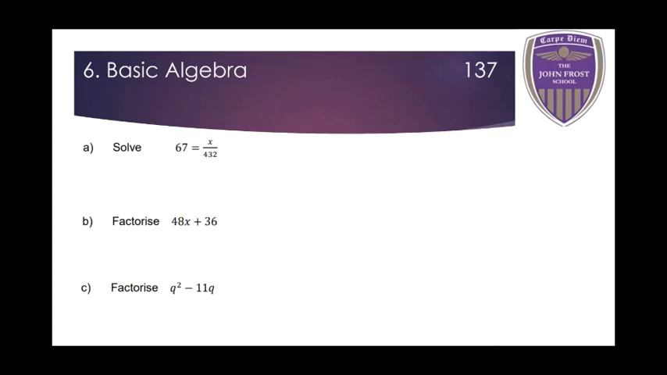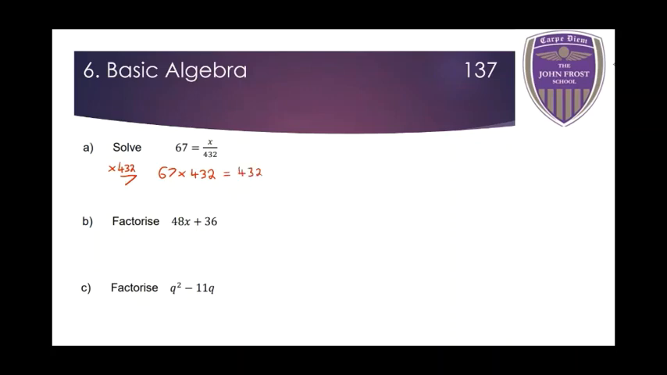So what do we need to do to this equation, get x on its own? Well, currently we're doing x divided by 432. So what we want to do is times this by 432, and that will cancel out both sides. But we can't just times the one side by 432, we have to times both sides by 432. So we're going to times both sides by 432, and that will give us 67 times 432 equals